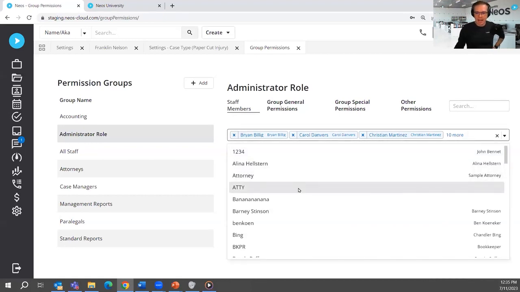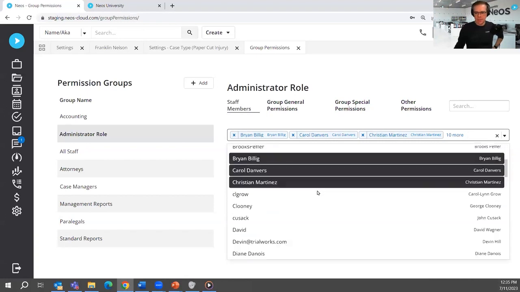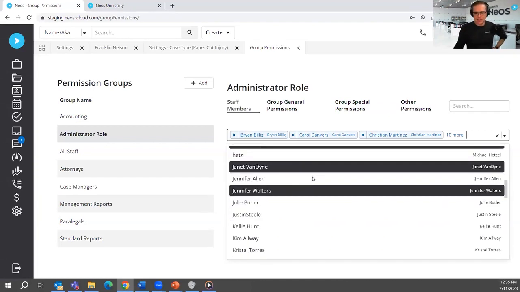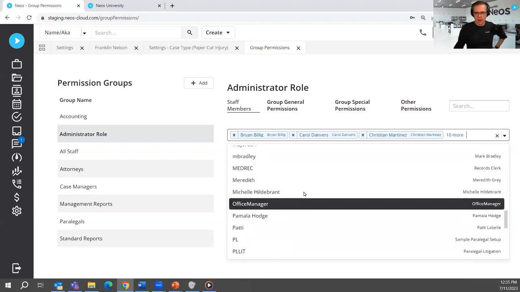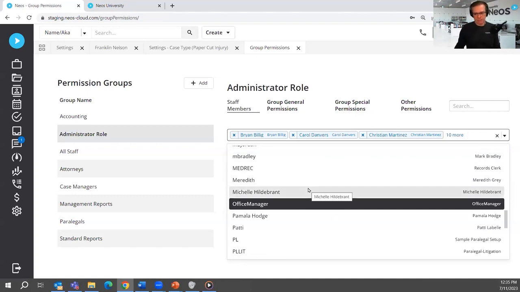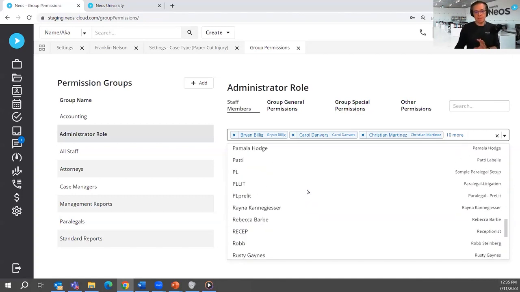Heck, man, I got too many people as admin. Look at it. Who's this schlub? Who's this guy who's an administrator in my system? Unacceptable. I'm not actually going to take him off, but I will take off. I'm just like, take him out. Take him out. Depending on the size of your firm, I would really only recommend between 1 and 5 people